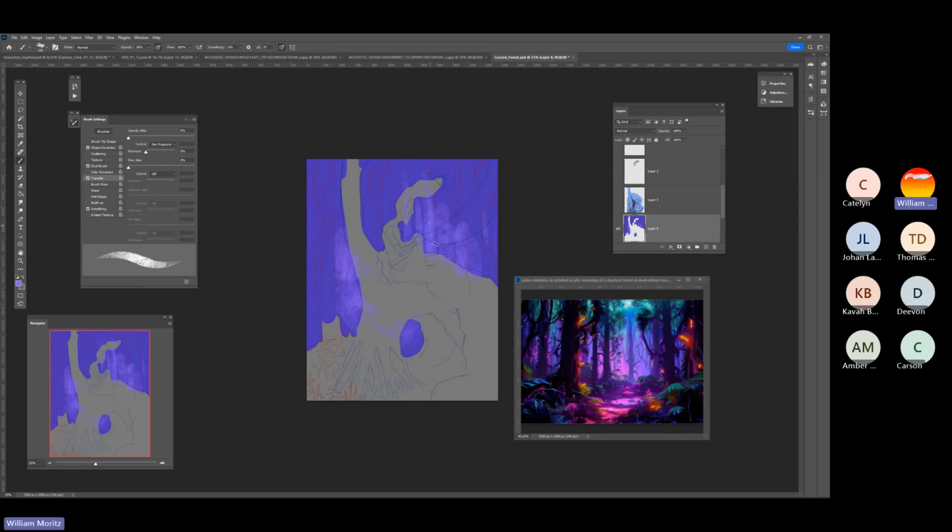Getting those verticals in there because we're in a forest, the trees grow up. Now we've got some other colors to work with within this background. Again, I'm working from as far back as I possibly can. My brush is turned down to 30%, so I'm not committing to the full